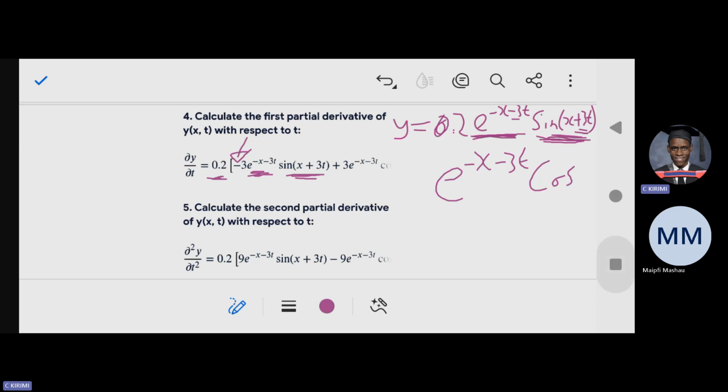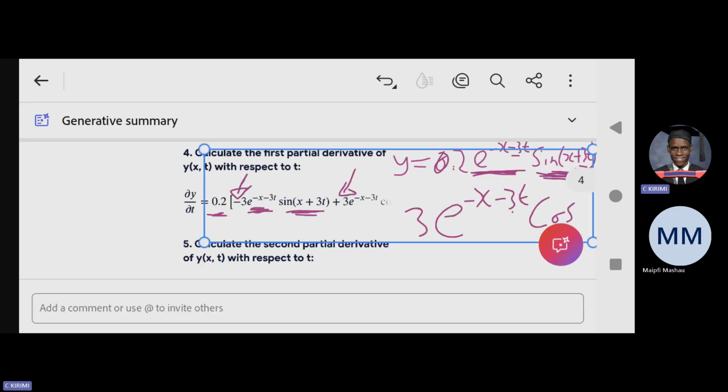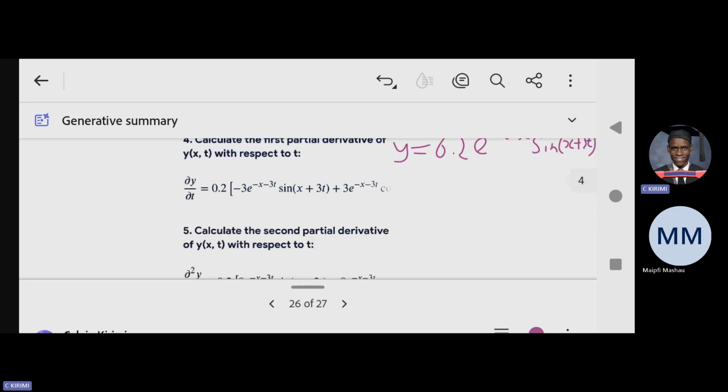When you differentiate 3t, you are going to get a what? 3. We're going to multiply that 3 outside the bracket. Isn't it? This is the 3 which is here. So that 3 is this one, which you multiplied outside the bracket. So there, our answer is going to be,